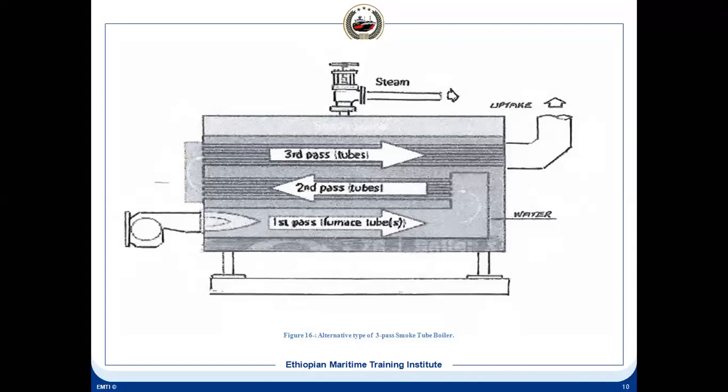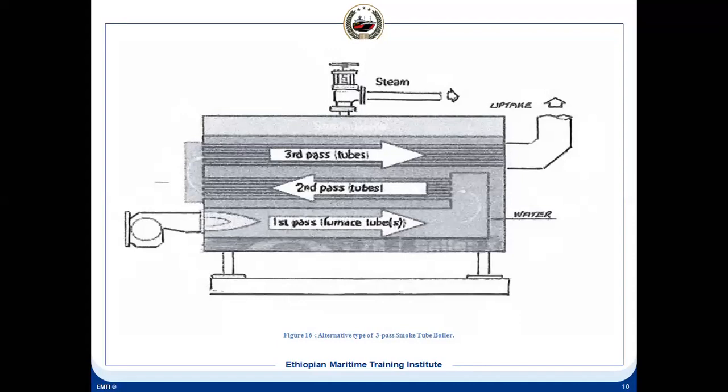Basically, it is just like the main engine exhaust. The exhaust from the main engine is first used to power the turbocharger. There is an enthalpy drop in the turbocharger. Then the exhaust gas after the turbocharger is led to the exhaust boiler, and the exhaust boiler further gives up its heat and produces steam. This is something like that.